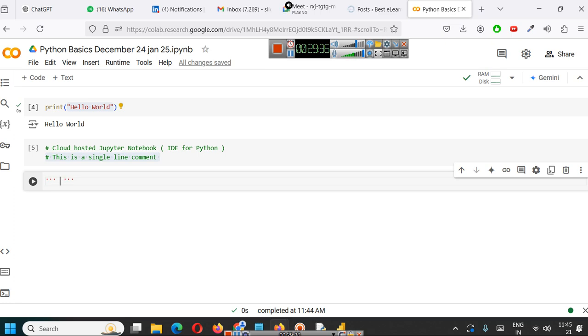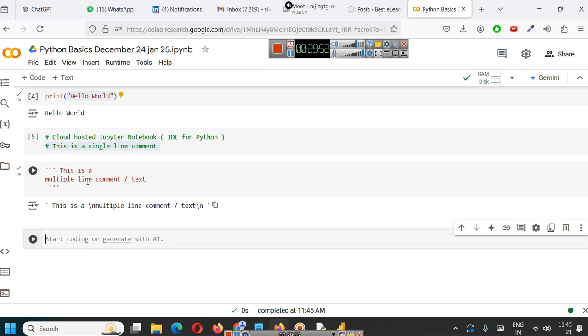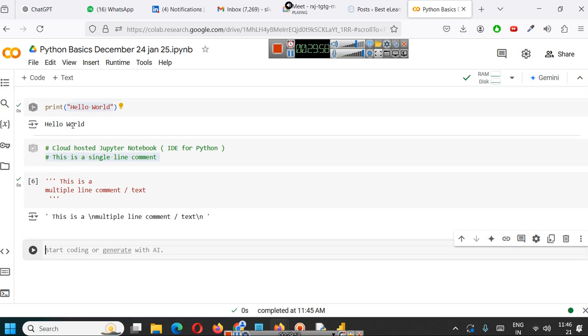Inside three quotes, you write "this is a multiple line comment" or multiple line text. So this will be your multiple line text where we have provided multiple lines. Okay. So when we are using Python here,